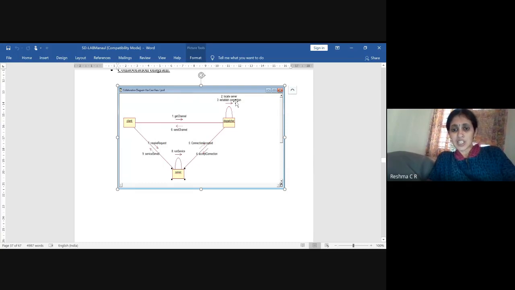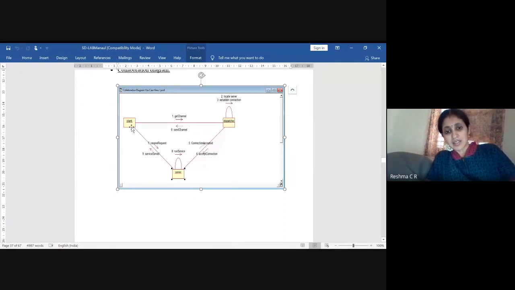Once the connection is established by the dispatcher, the dispatcher will send a message to the server to accept the connection. So what will the server do? The server will accept the connection and reply back to the dispatcher. In turn, the dispatcher will reply back to the client.